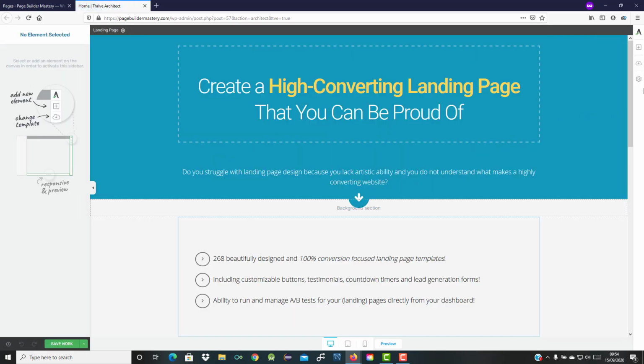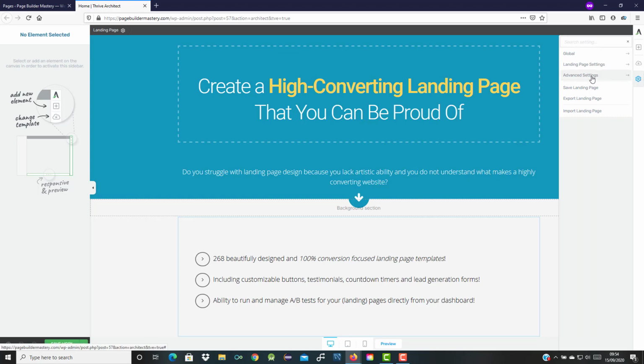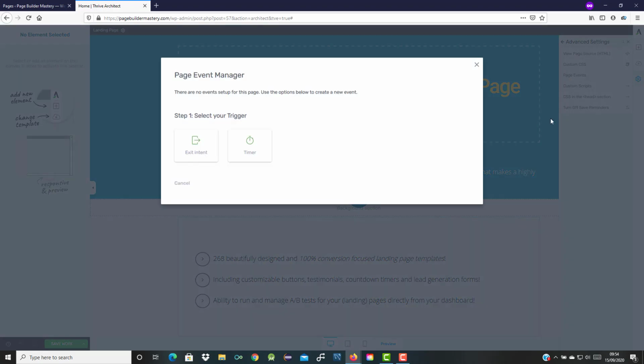And here's our page, and now we go to the cog on the right hand side and select Settings and Advanced Settings and Page Events. Okay, now the first step is selecting your trigger, but for this example we're going to use the exit intent,